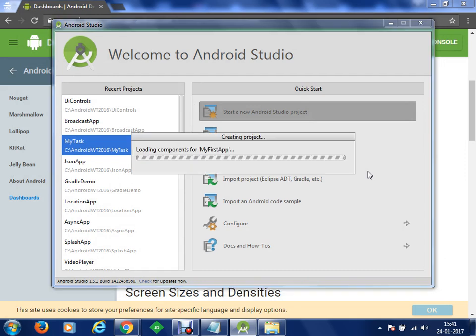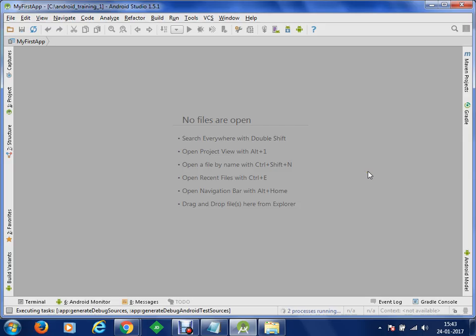Once we finish, our project will be created and we'll land on a new project wherein we are going to understand how a project is created, and we'll understand the Gradle build system as well. At the bottom you can see that some processes are running.